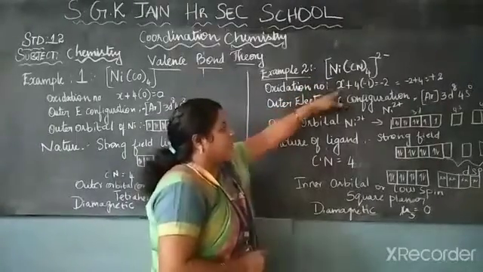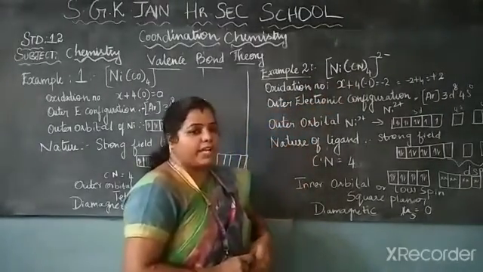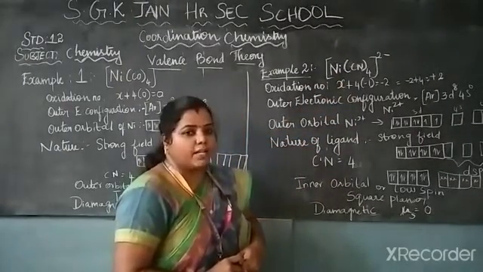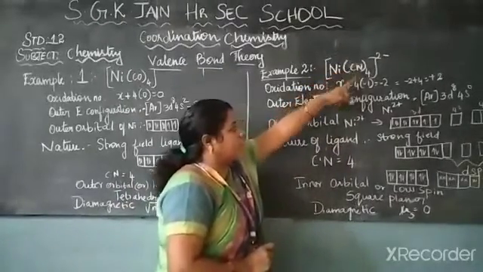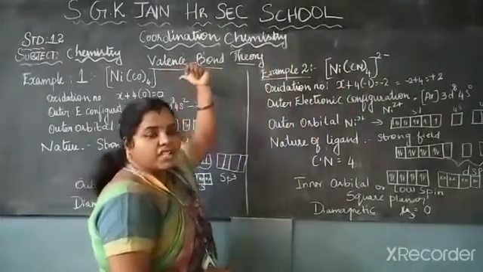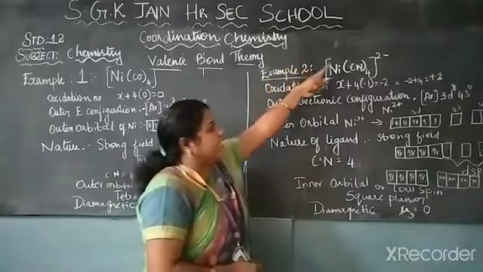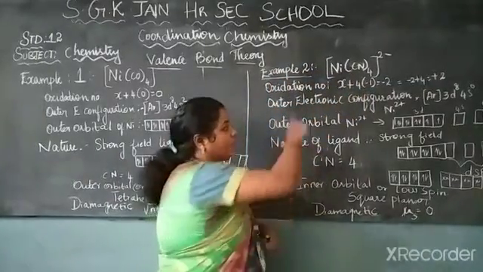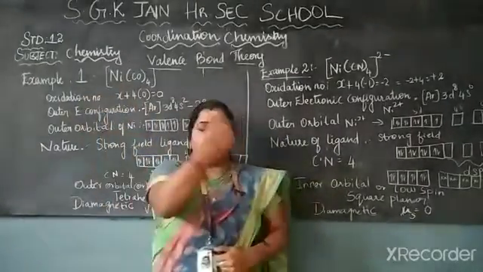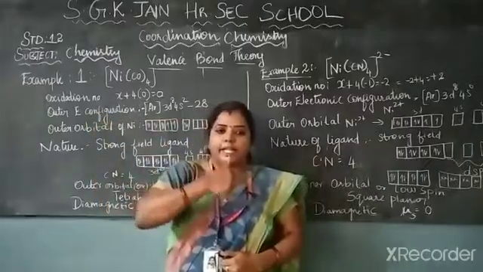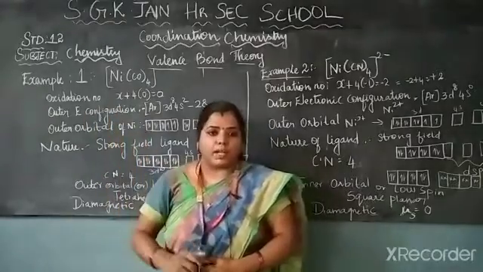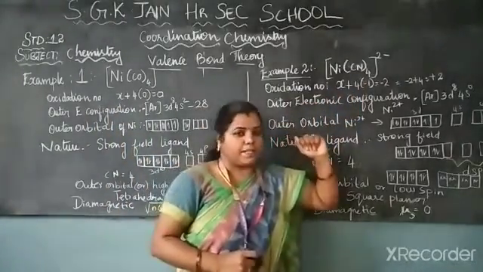So let it be X plus 4 into, since there are 4 ligands, the charge of cyanide, which is minus 1. The ion is minus 2, so the overall net charge will be minus 2. In the earlier case the overall net charge was not given, so we took it as 0, but here it is given, so we substitute it. Then you will get plus 2. The same nickel is present in both, but based on the ligands and the net charge, the oxidation numbers differ. Here it is 0, here it is plus 2.